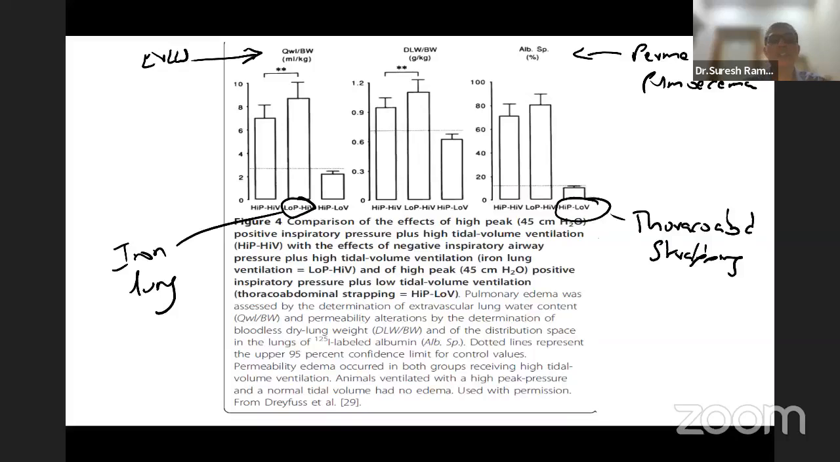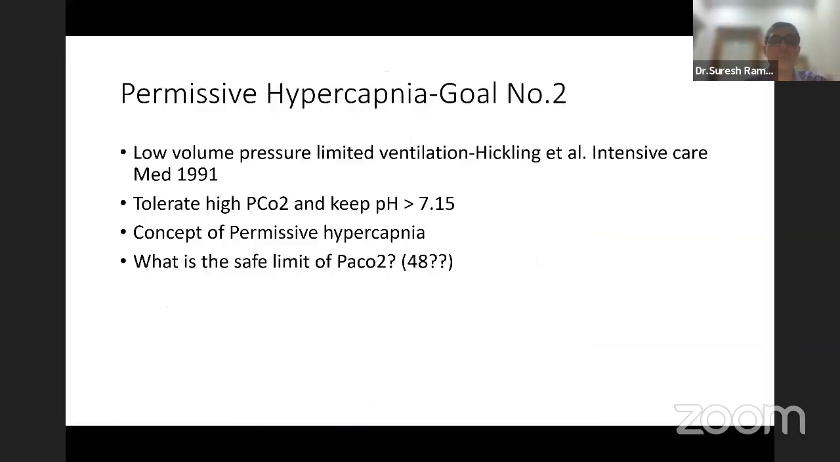It is obvious in these three diagrams that the last box, the HIP LOV, is the one which is showing the best effect as far as the extravascular lung water is concerned and as far as the permeability pulmonary edema is concerned. So thoracoabdominal strapping, that is letting the pressure versus volume. So this laid the foundation of the concept of volume trauma, and we now know that that is what is important. So this led us to think, okay, let's not do this anymore, and let's look at low